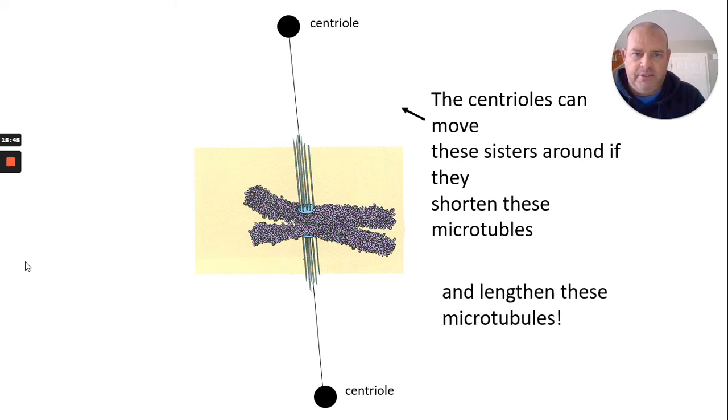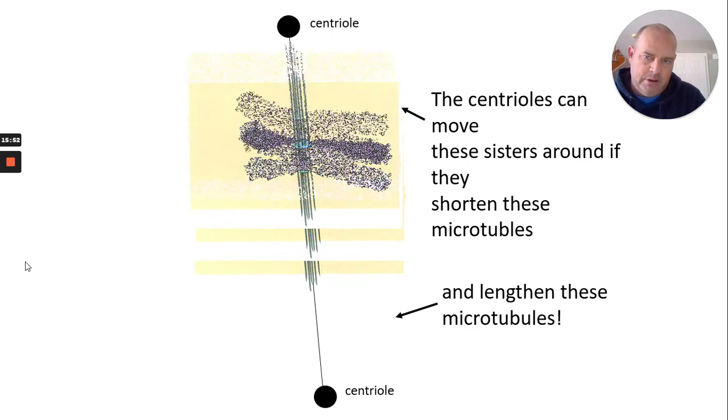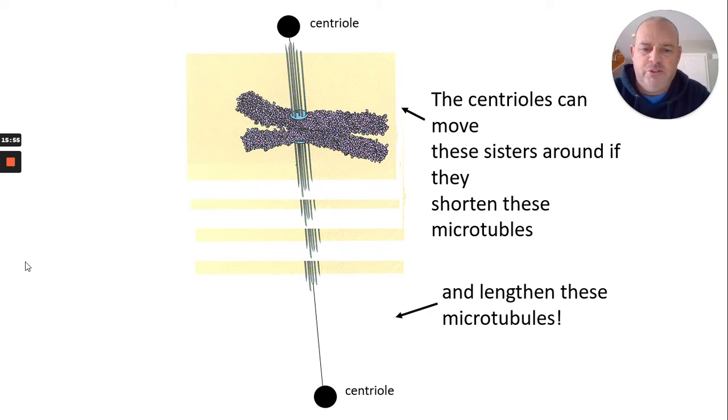So the centrioles at the top end, spindle fibers, and then what happens is the microtubules do not really work like bungee cords. Okay, they're not stretchy. Okay, they either lengthen or shorten by the addition or subtraction of what's that protein that makes up microtubules that you learned in first semester? Should be tubulin, right? So remember that video I showed you where the tubulin gets added or subtracted very quickly? So that's what's happening here.